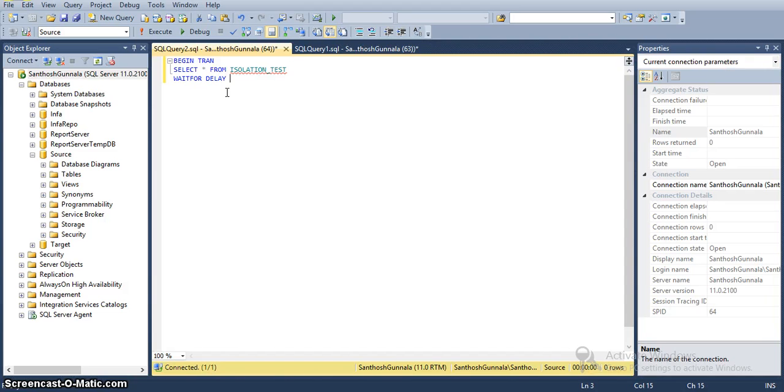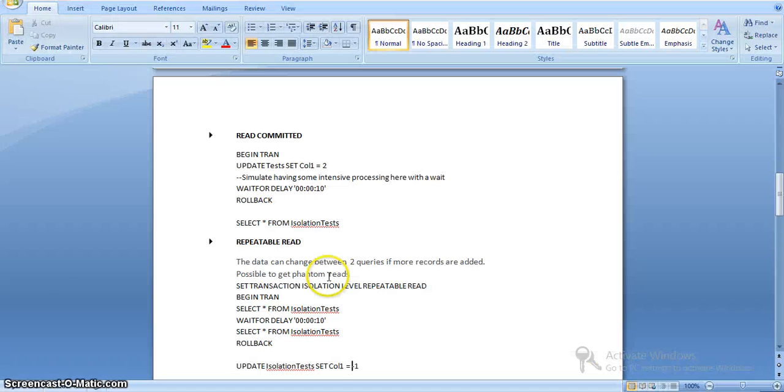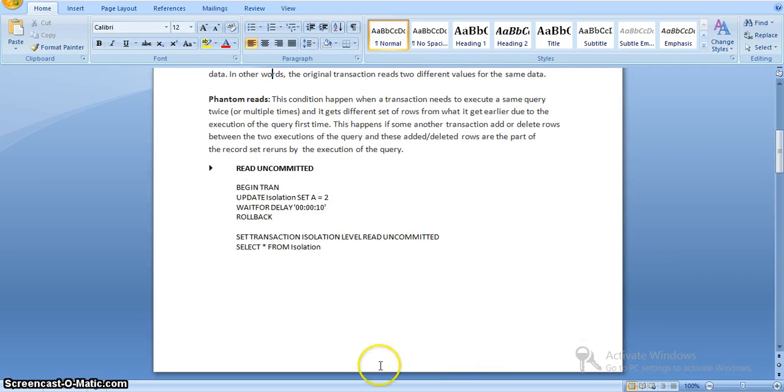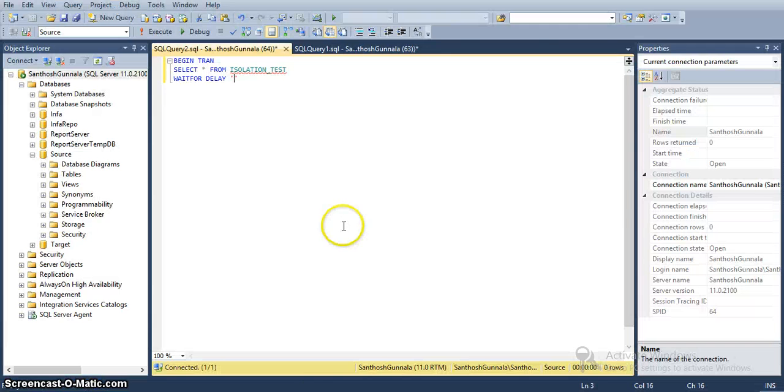I am applying a wait for delay, then update isolation test set A equal to -1.